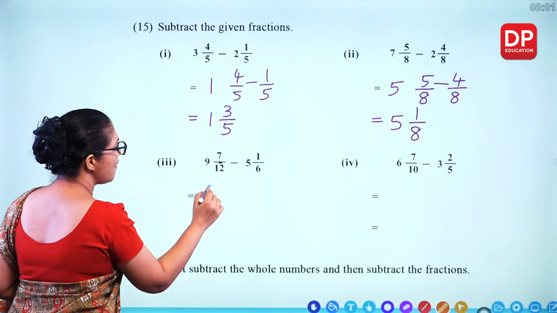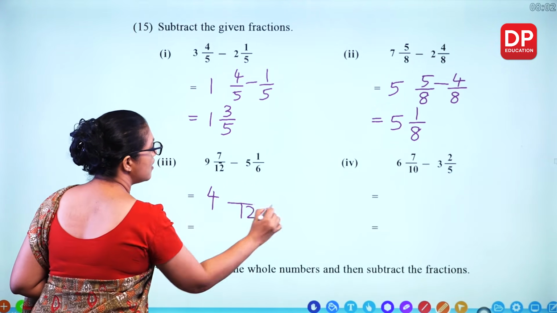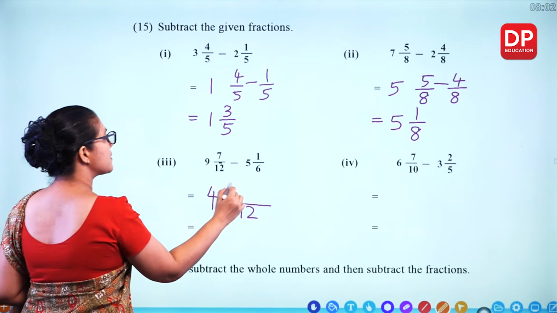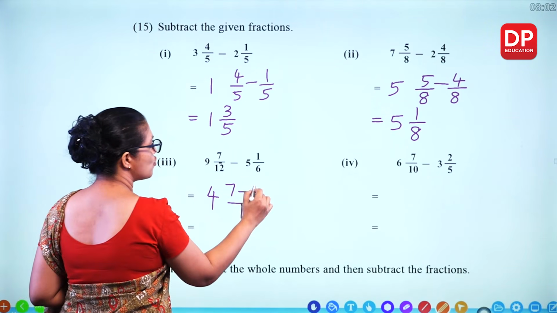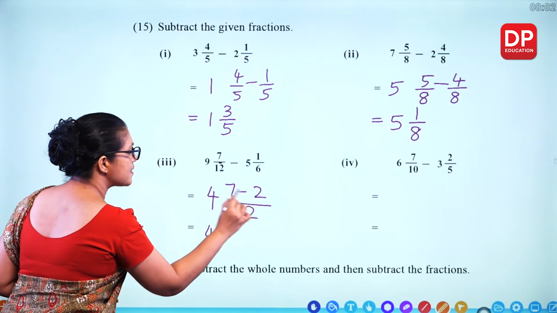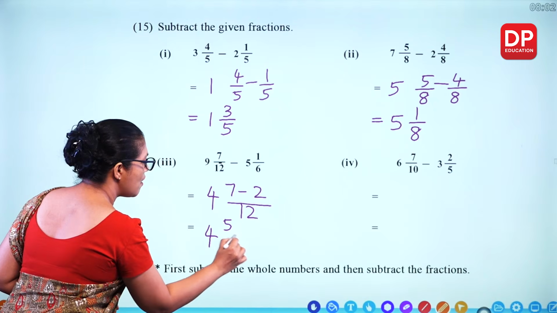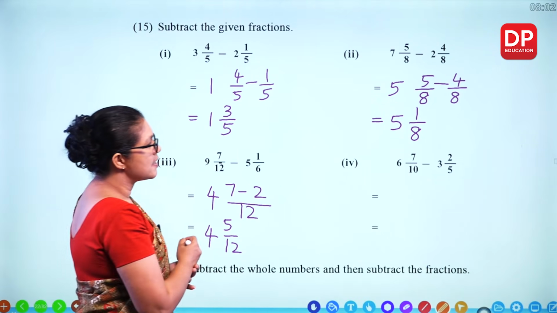9 minus 5, 4. Then 12 is the lowest common multiple. 7 minus 2 times 6, 12. So 2 times 1, 2. So what's the answer? 4 and 7 minus 2 is 5. 5 over 12. 6 minus 3,